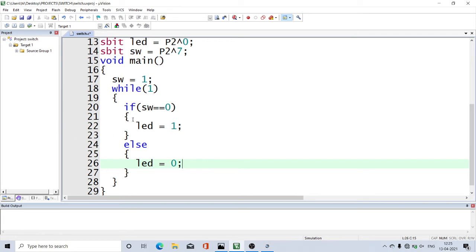So this is the main program. So if switch is closed, LED should be on. If not, LED should be off. This is the program written.